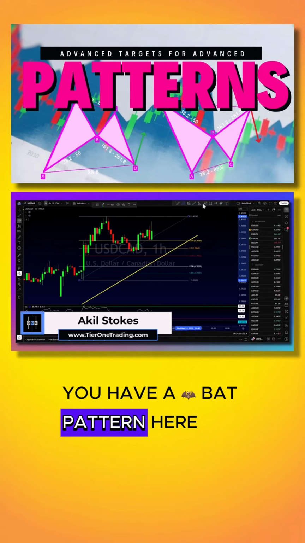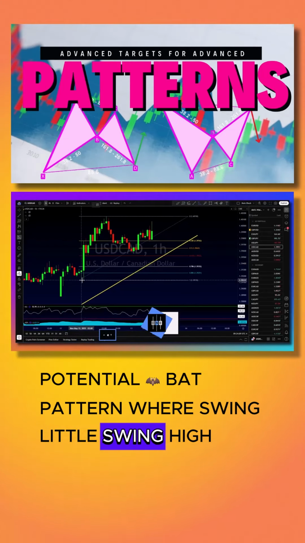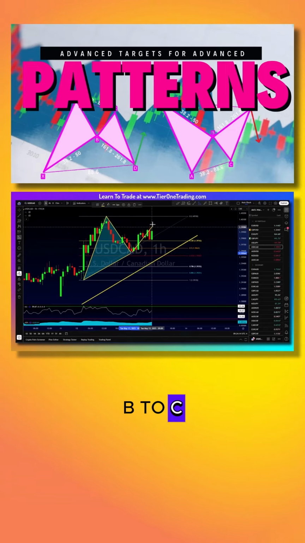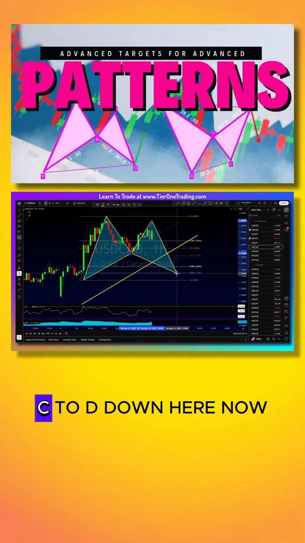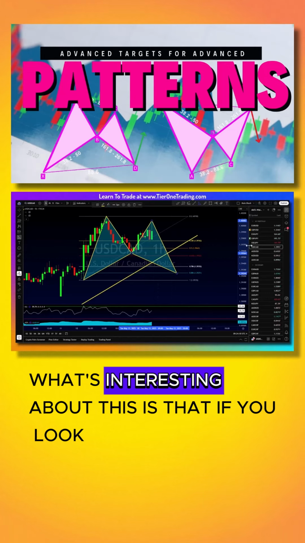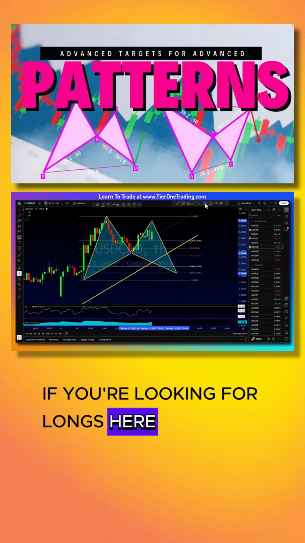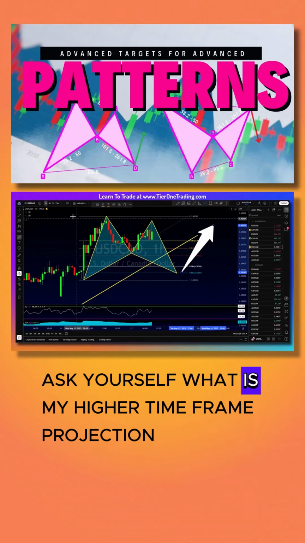You have a bat pattern here, potential bat pattern, where swing low to swing high, X to A to B, B to C, C to D down here. Now, what's interesting about this is that if you're looking for longs here, ask yourself, what is my higher time